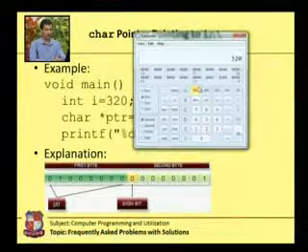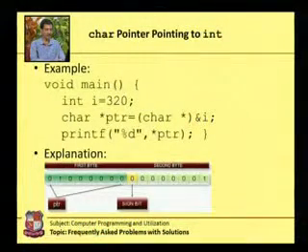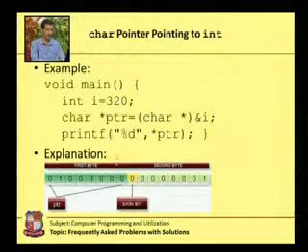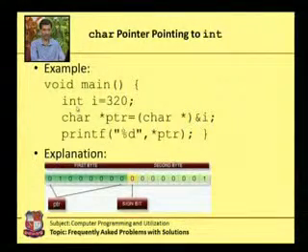So if you assign 320 to your integer, this 320 is converted into binary, and this is your first byte and this is your second byte of the declared integer, because an integer contains 2 bytes in memory during 16-bit programming. The first byte contains the bits of the last byte and the second byte contains the bits of the first byte.